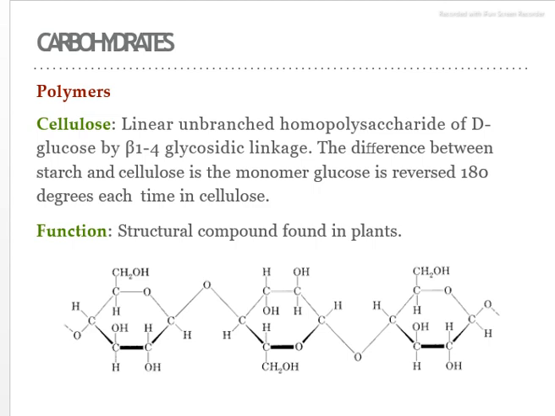Then we have peptidoglycan, or murein, a heteropolymer of alternating beta-1,4 NAG and NAM units. We know that the bacterial cell wall has a component called peptidoglycan. Peptidoglycan is a heteropolysaccharide. It has two residues, NAG and NAM units, and there also the beta-1,4 linkage is present. We know that lysozyme is an enzyme that catalyzes the hydrolysis of the beta-1,4 glycosidic linkage between NAM and NAG to degrade the cell wall of bacteria.